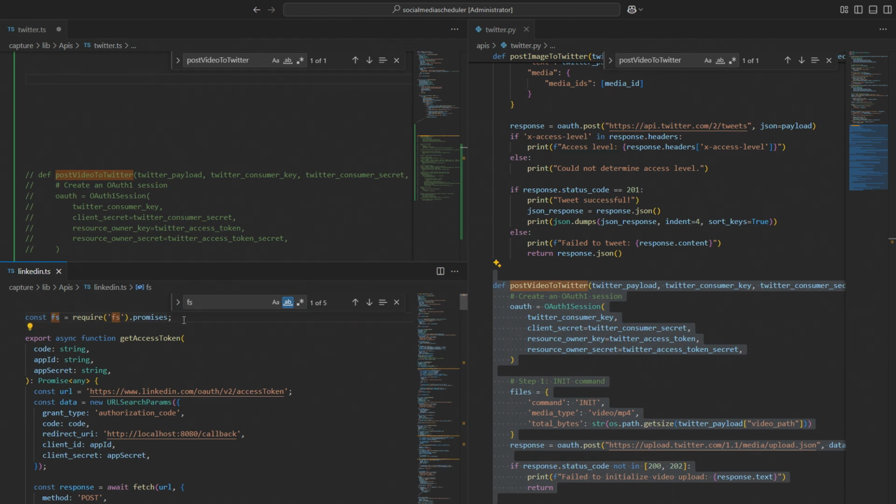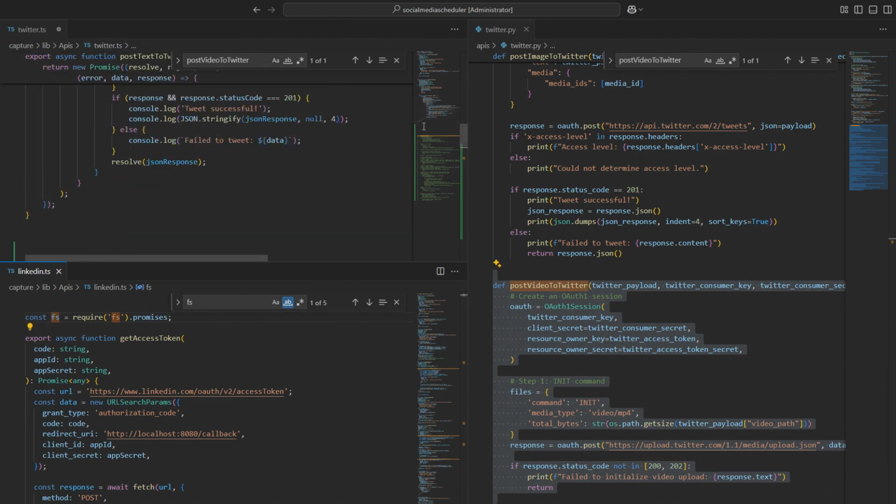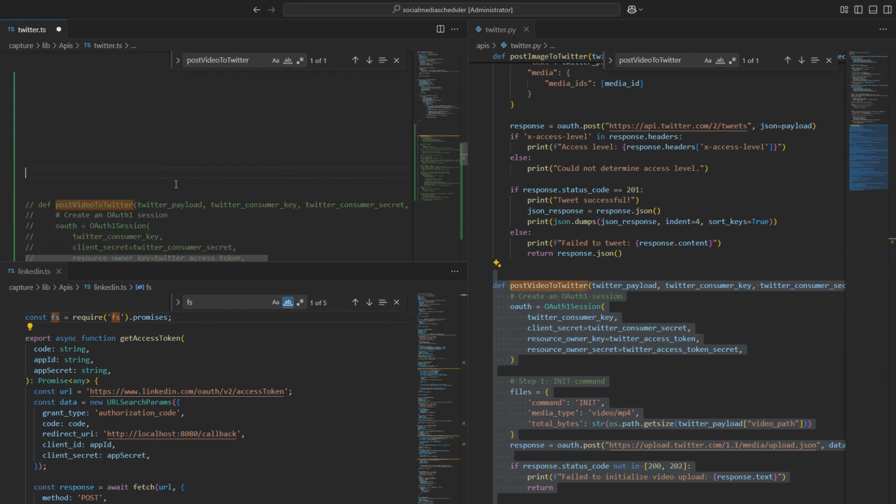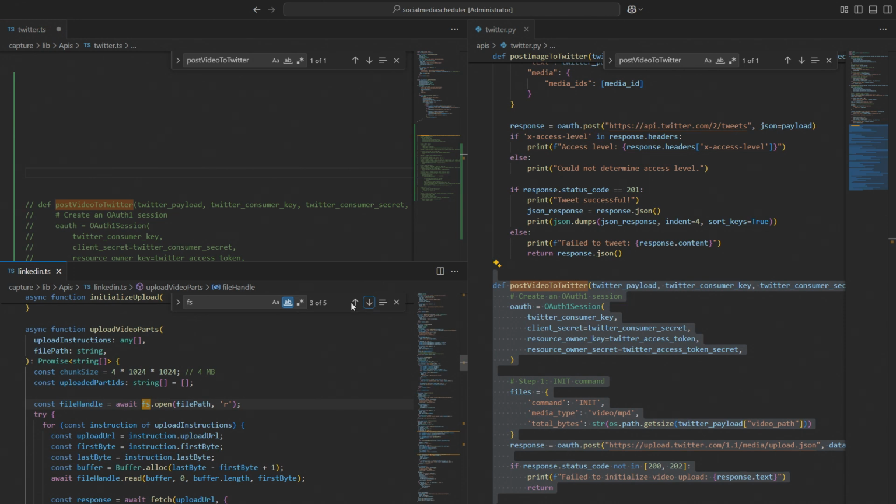Because it's going to require FS promises at the top. Oh, so good. I already knew that it's going to require FS promises. I wasn't playing no games. I was like, dude, we need to figure out how we're doing this. And then we do file handle, open path. Okay. So we're going to say,